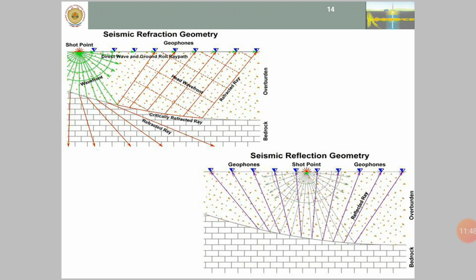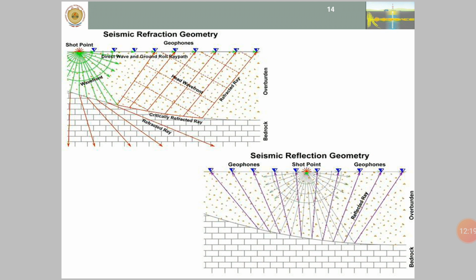Now in case of a 2-layer case, we have T is equal to x by V2 plus 2h cos theta by V1, where x is the offset, V2 is the velocity of the second layer which goes to infinity, and V1 is the velocity of the first layer, theta is the depth of the bed, and h is the thickness of the low velocity layer. So that's how it is utilized in case of